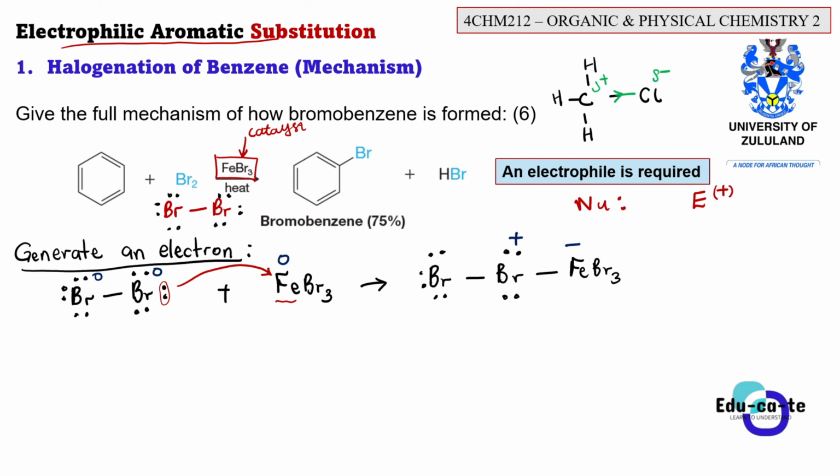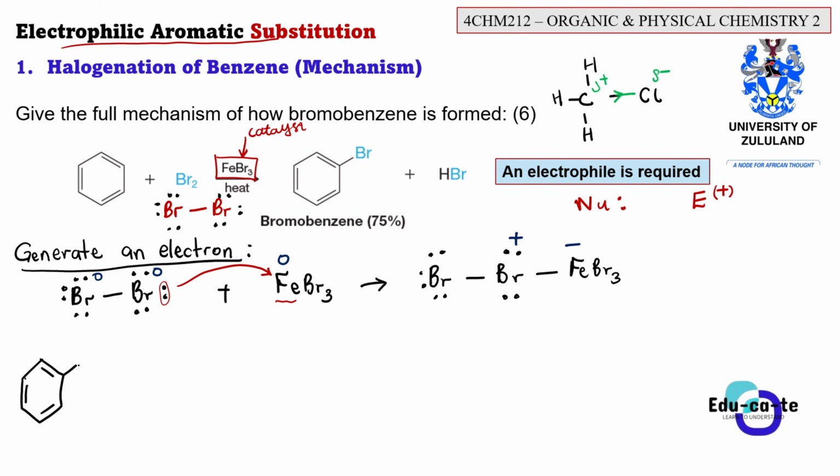So now you can see that here we have got a different scenario. And when you've got a scenario like this, we can now say we definitely do have our electrophile. Let me just show you what will happen. Now let's take our benzene ring. I'm sure we want to react our benzene ring with this. So this is our benzene ring, and it is going to have its bonds here.